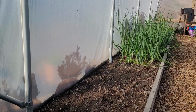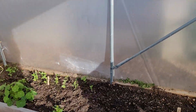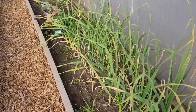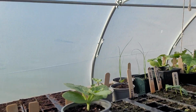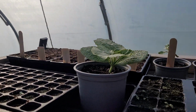Sitting in my favourite little spot in the polytunnel next to the comfrey, which the bees seem to love. We'll just turn it round. So we've got quite a lot of stuff going on, mainly onions in the polytunnel, but we've got a grapevine, some peas, nasturtium, our garlic. Got quite a few seeds out. We've got some comfrey and lemon balm, celery, marigolds, lots of brassicas and things like that, so they're all coming